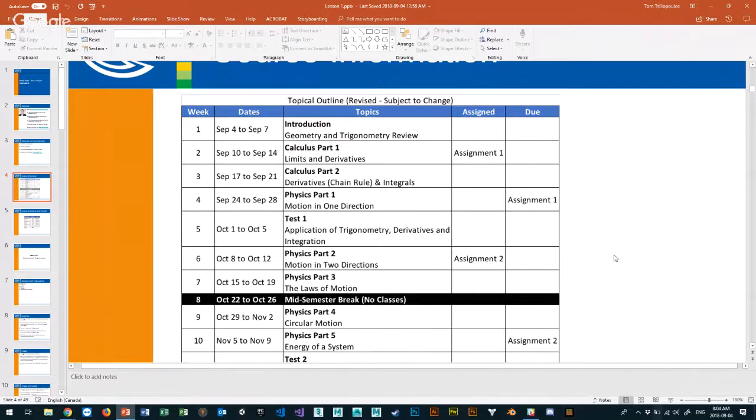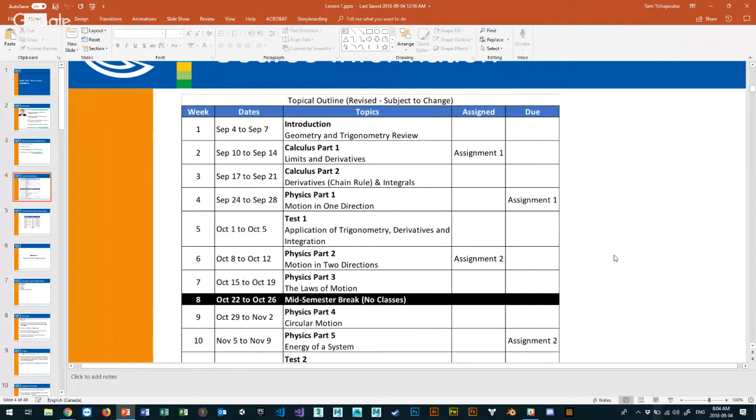We're going to be talking about geometry and trig this week. And you might say, well, why do I need geometry and trig? You need it. If you don't remember geometry and trig, then physics will be quite a chore for you. You need to know triangles. You need to know how to do triangles. So I'll do a bit of a review this week. It'll soften you into the math and a little bit of algebra, all that kind of stuff. And that'll be this week.